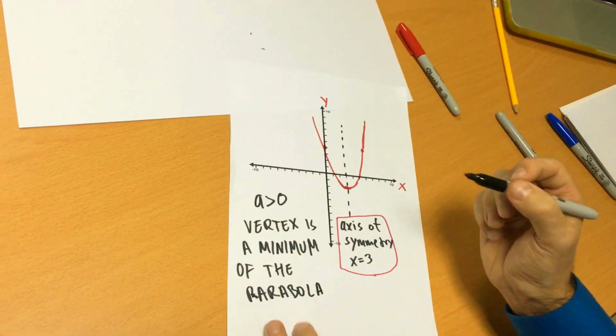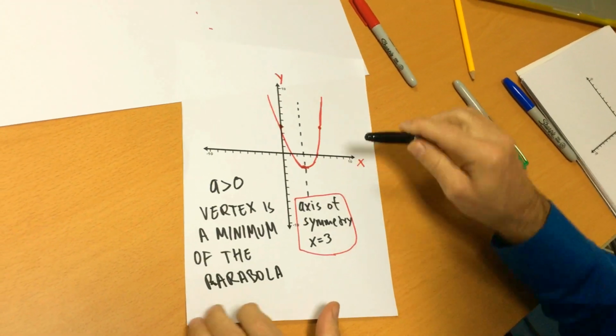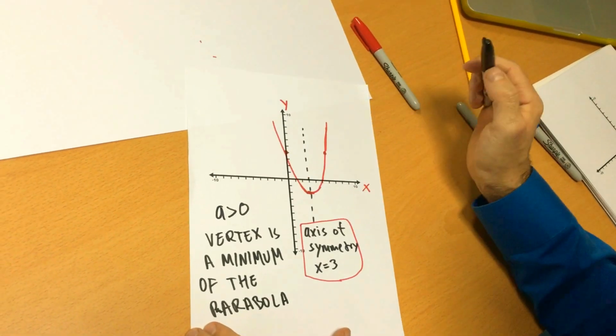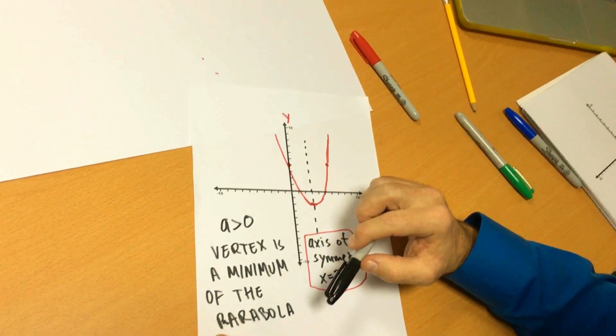Parabola, I can't write now. P-A-R-A-B-O-L-A. That's supposed to be a P, okay? Parabola, not rarabula, because that wouldn't make sense in English. Unless that means something that I don't know what it stands for. I don't know. Anyway,